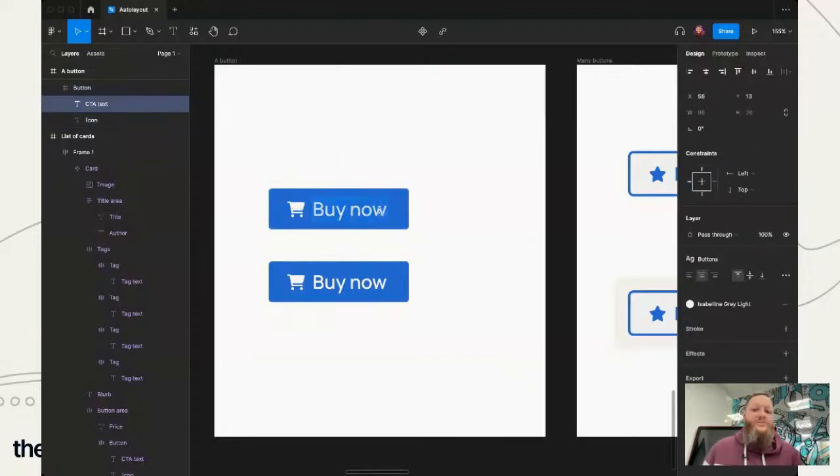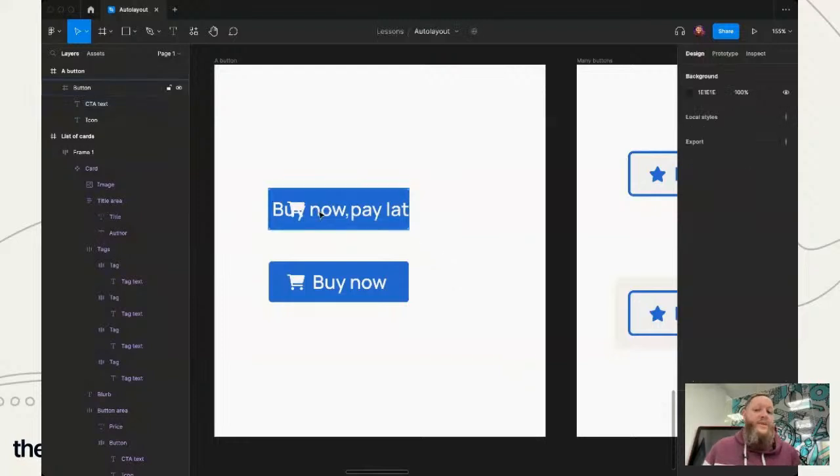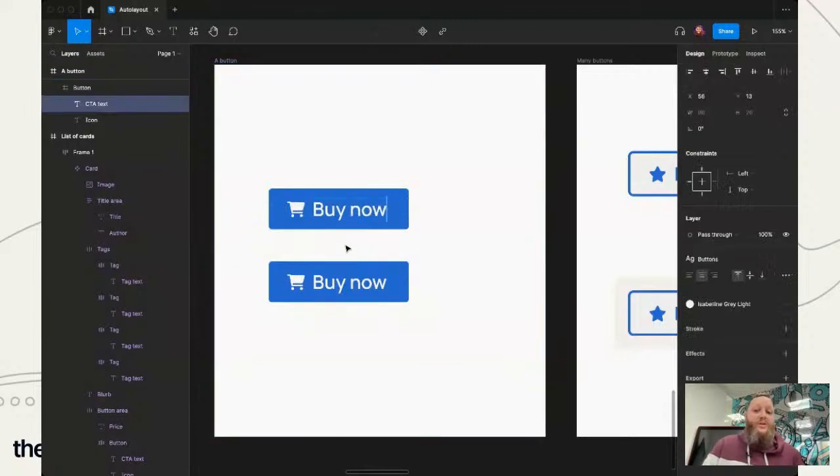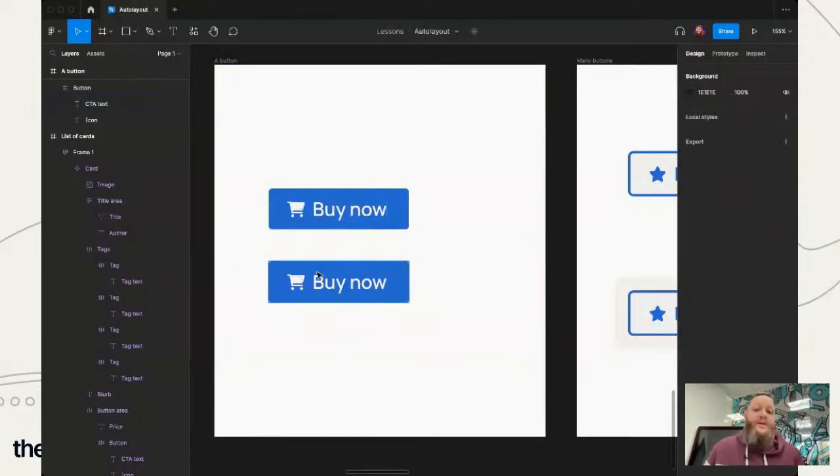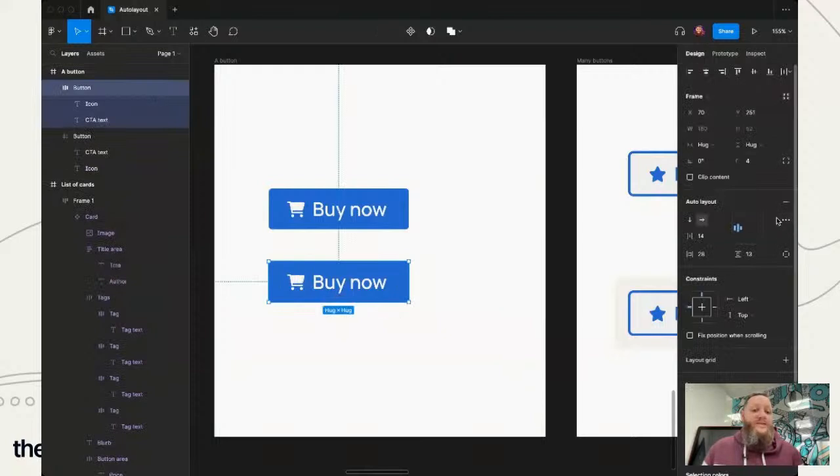Now if I want to change this button, what you'll find is this happens. The text in the middle is centered, but as soon as I start to edit it, the layout isn't maintained, and I've now got this horrible mess that I've got to try and work out on this button. The one underneath is an auto layout version. So in order for us to make this nice and easy for us to change in the future, all we actually need to do is apply auto layout to this group. In the one below, I've literally clicked the auto layout button, and all that's done is